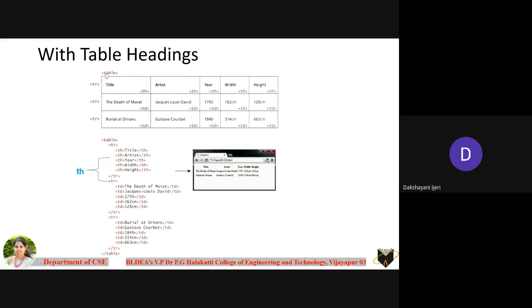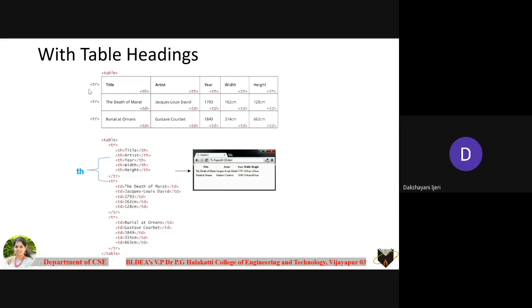Okay, so you can see here, begin with the table element followed by the row element. Within this row, you know that all the contents are the headings of their respective columns, so you can take these elements with the th here, right? So what is the difference between th and td? With th and td you can include text, but the difference is going to be with its boldness, right? The text that you have included with the th element is going to appear bolder as compared to the td element. So whichever cell you want to make a heading, you define it with only the th element, right?